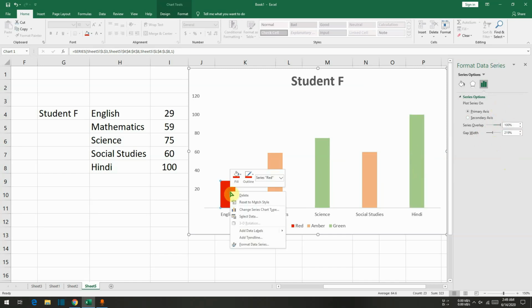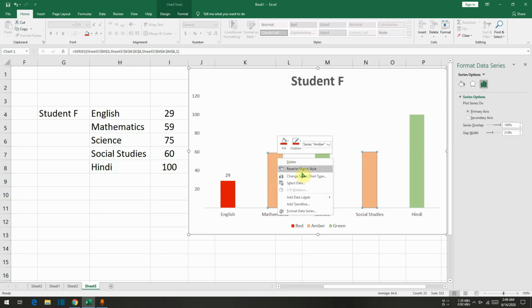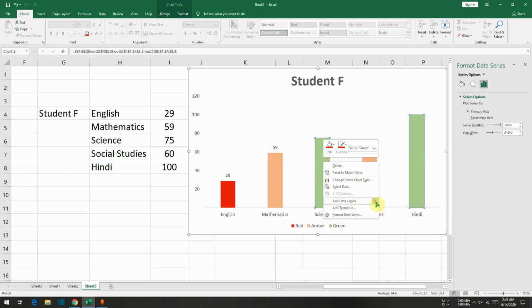Now right click, Add Data Labels, because we want to get the numbers. Similarly, I will select this amber color, right click, Add Data Labels. Here, right click, Add Data Labels.